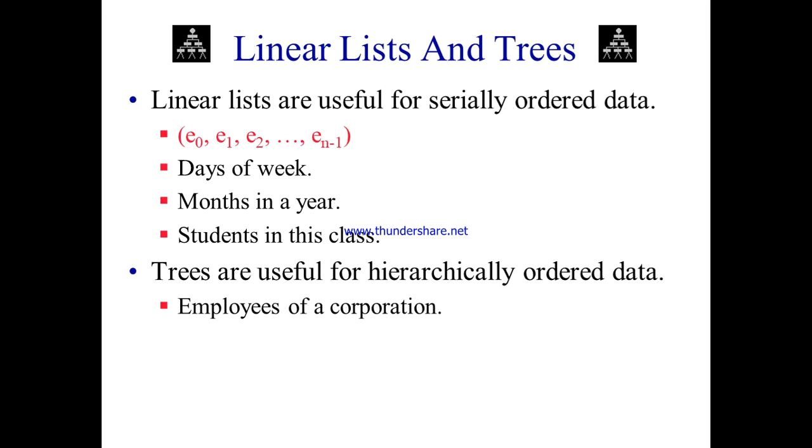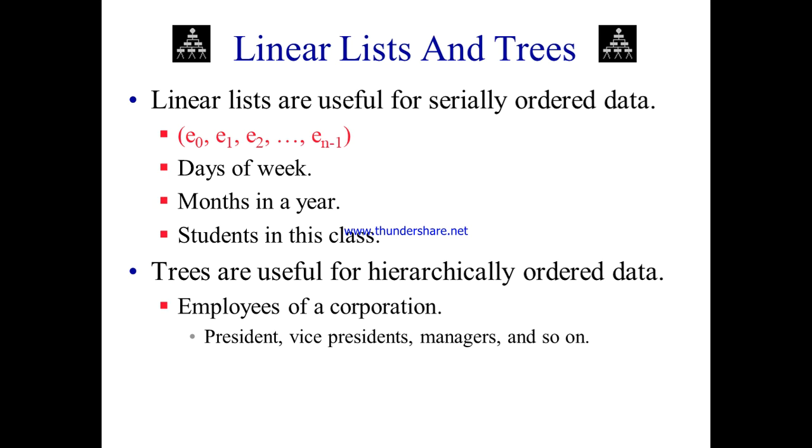Then coming to the next level. The next level is what? I told you, HODs. Right? HODs means CSE HOD, IT HOD, EC HOD, EEE HOD. So like this we'll be having a number of HODs. All these are coming under the same level in the hierarchy. Right? So under the HODs we'll be having the next level, which is faculties. So if we are going for an organization like a college itself, we'll be having different levels of hierarchy. When you have different levels of hierarchy, you need to represent that data in terms of a tree.